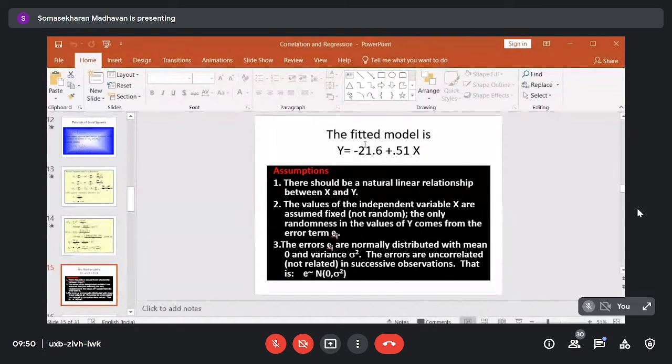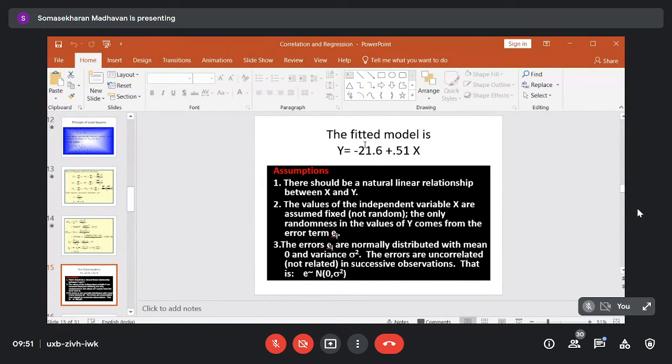If there are violations of assumptions, you have to go for certain transformations, or certain remedial measures, to solve these problems. These remedial measures are already established. There are many procedures to make the data normal with constant variance. But definitely, if the data does not satisfy these assumptions, your model may not have precise predictive power.